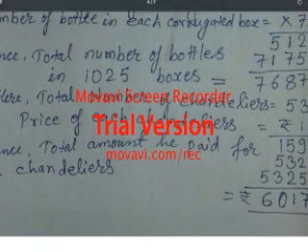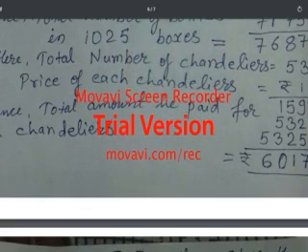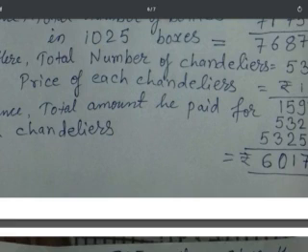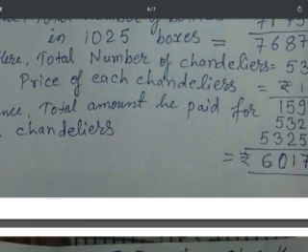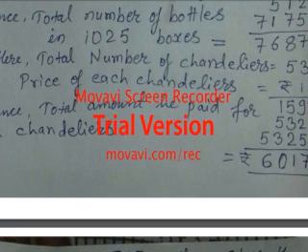You can multiply it, and then write: 3 5s are 15, carry 1, 3 2s are 6 and 1 is 7, 3 3s are 9, 3 5s are 15. Now it is the 10th place, so in the 1's place 0. Now from the 10th it will start: 5 1s are 5, 2 1s are 2, 3 1s are 3, 5 1s are 5. In the same way, in the 100th place also there is 1. So in the 10th and unit place there will be 0, and in the 100th place the number itself, 5325, because I had already said when we multiply any number with 1, the number doesn't change, it remains the same.